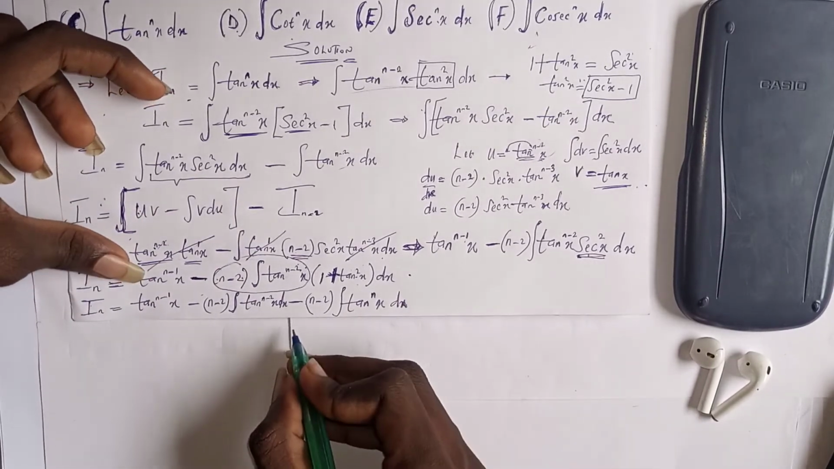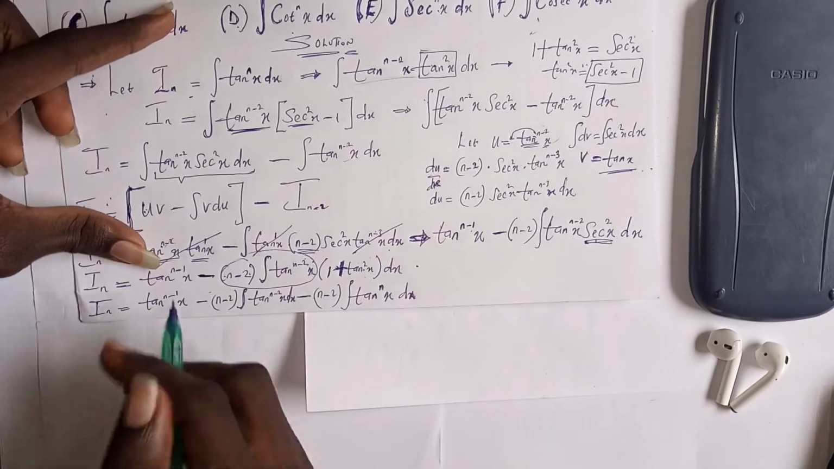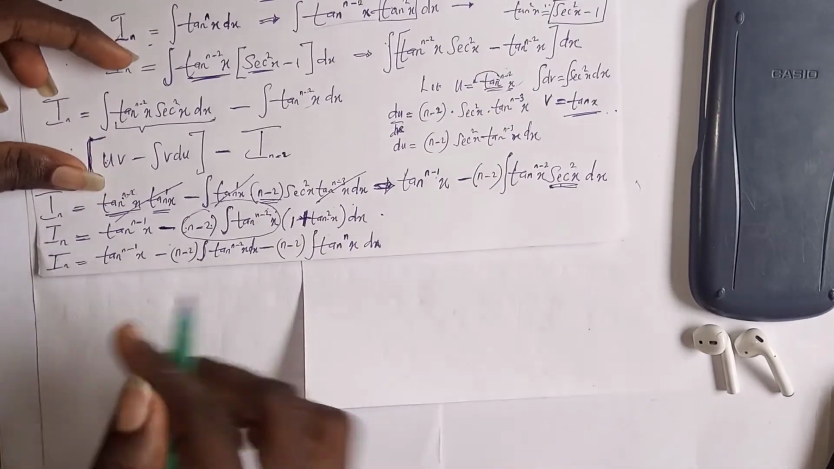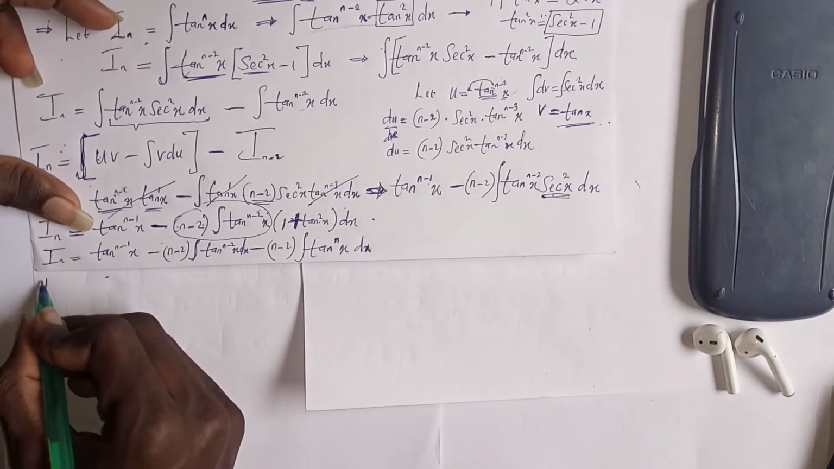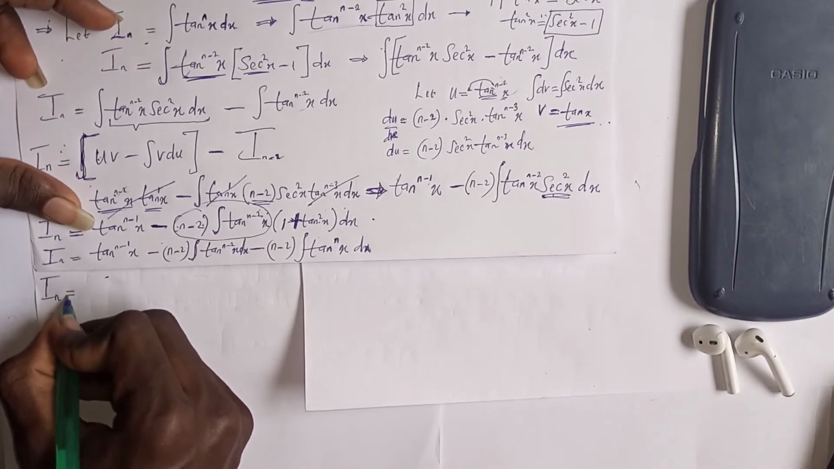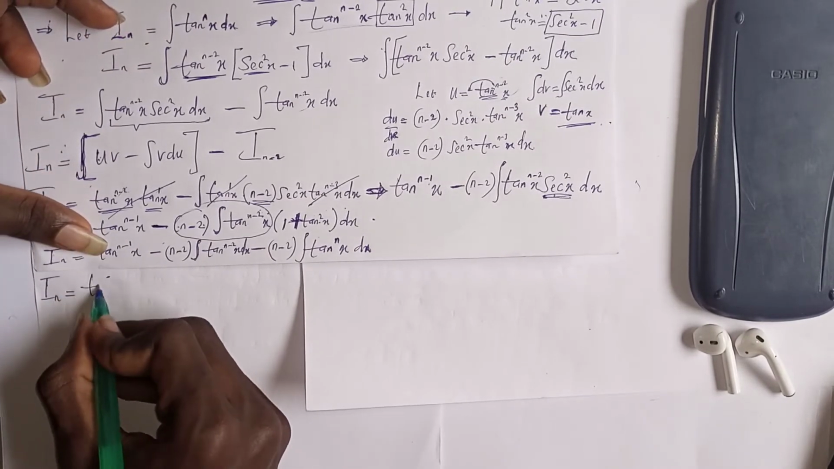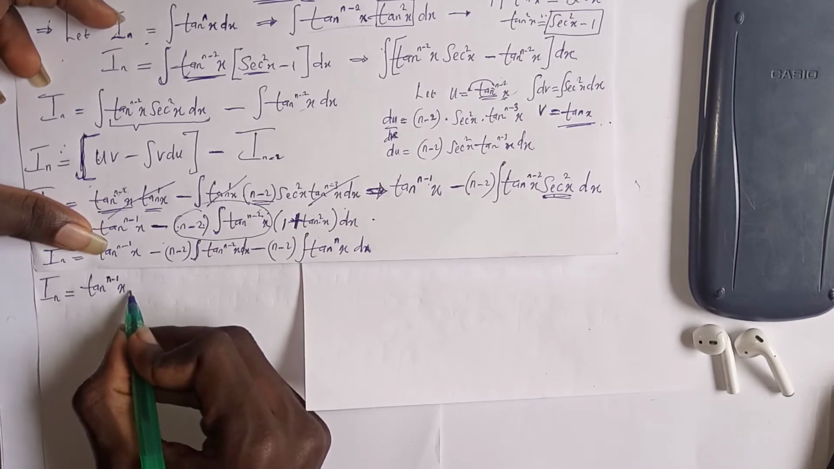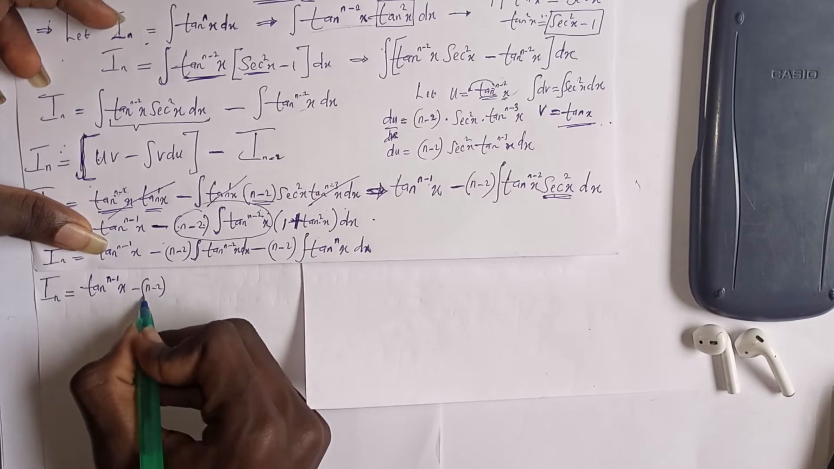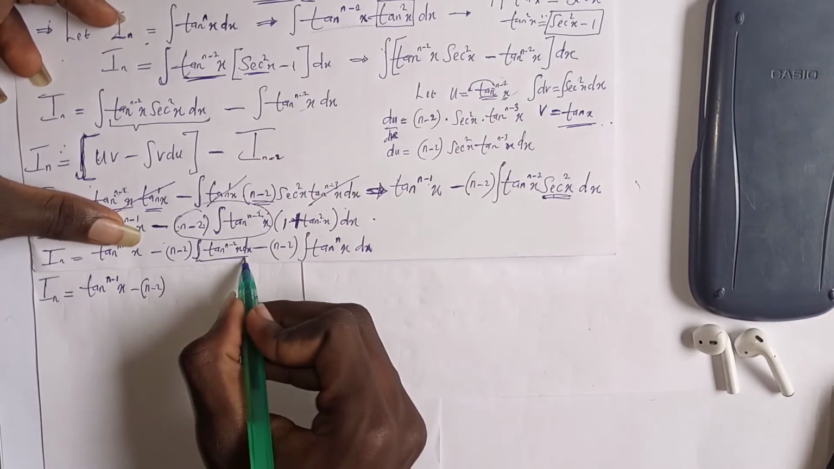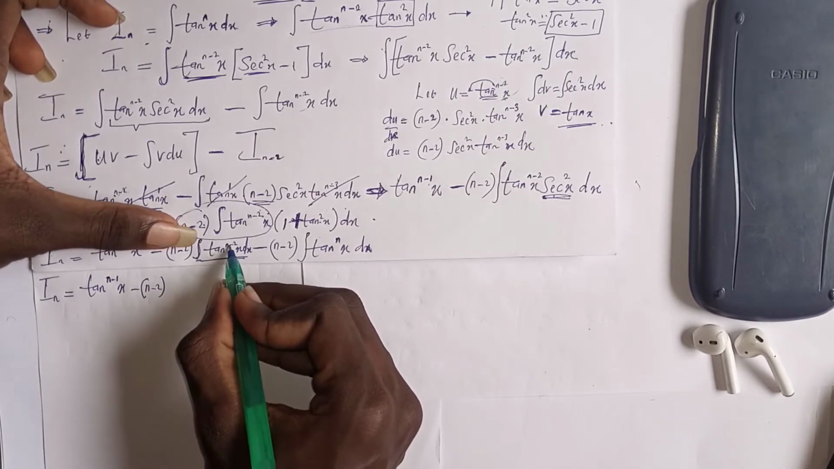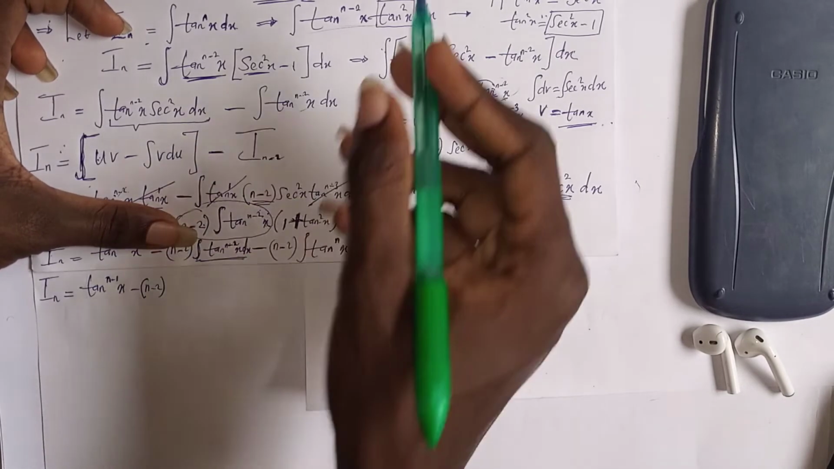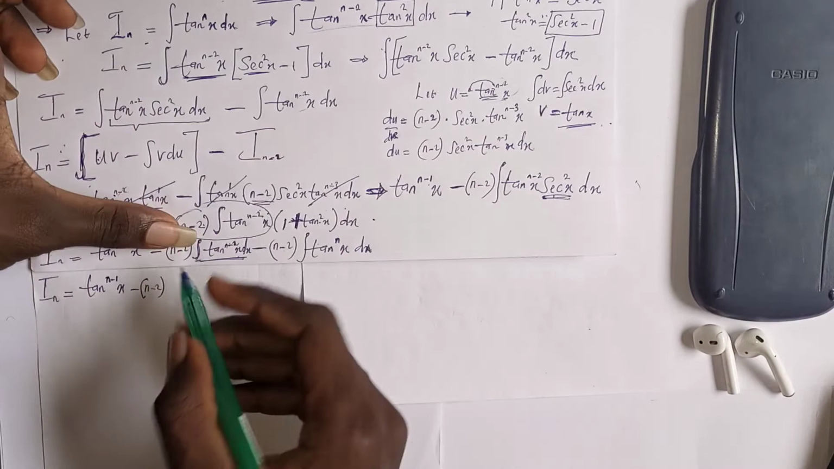So this thing that I have here simply implies whatever I have left here implies I_n equals tan^(n-1)(x) minus (n-2)... This, trivially, I'm very sure you are familiar with this now. The integral of tan^(n-2)(x) dx, from the assumption right from the beginning, that will be I_(n-2),